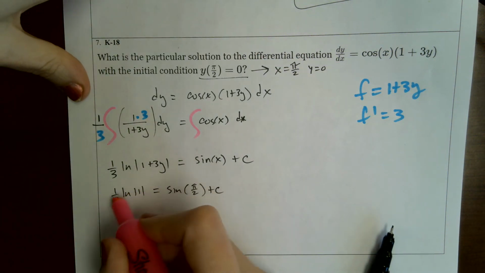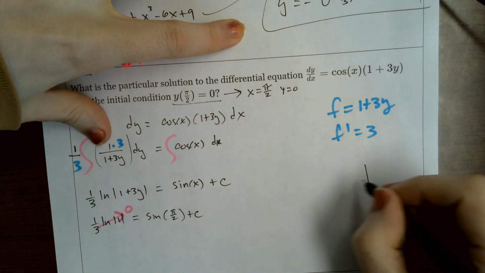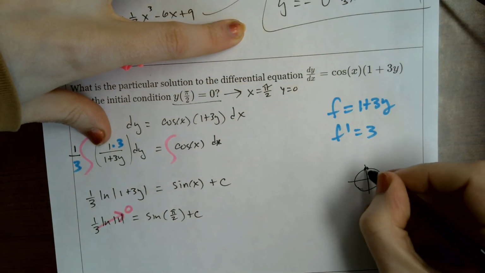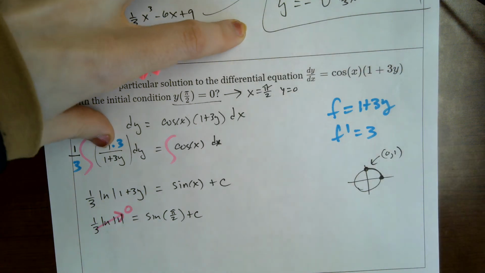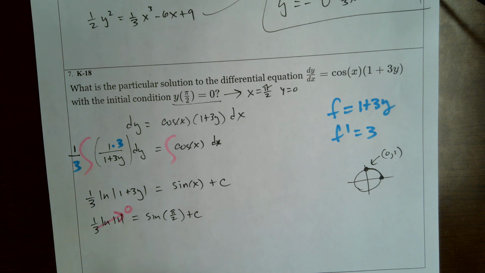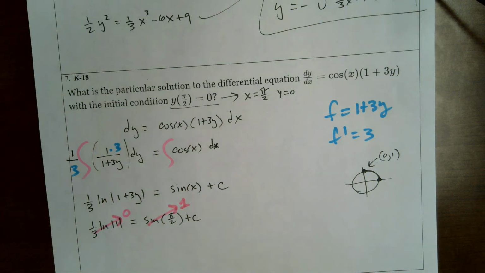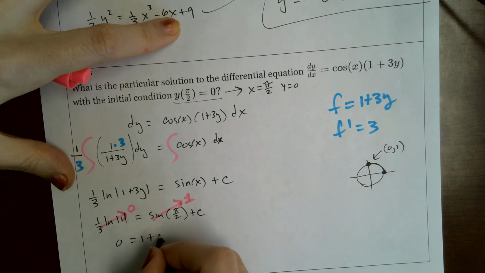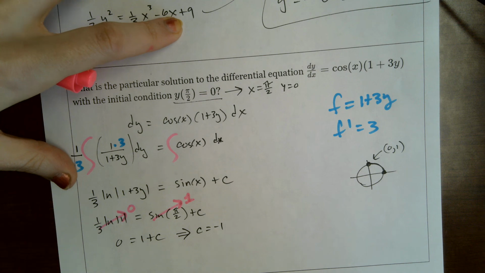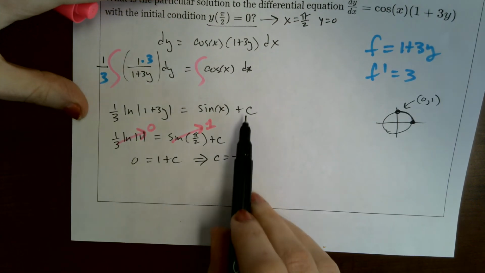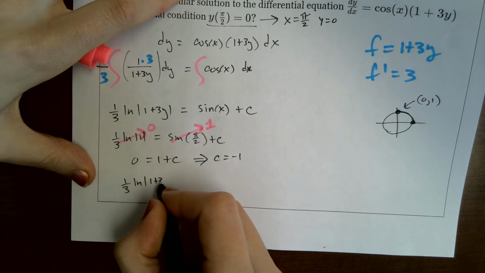Guys, natural log of 1 is 0. And then sine of pi over 2, use a unit circle. Pi over 2 makes you land up there, and the coordinates are 0, 1. Sine is the y coordinate. So that's 1. So you end up with 0 equals 1 plus c. So c is negative 1. And then you can plug this c back in up there. So it's a third natural log